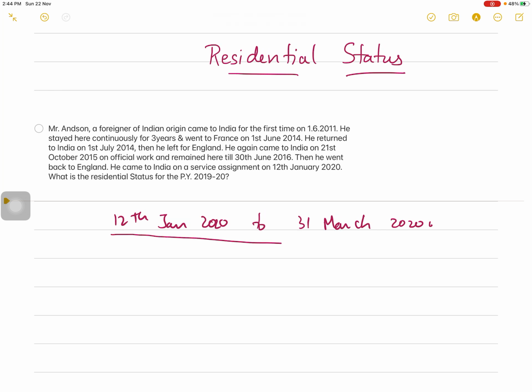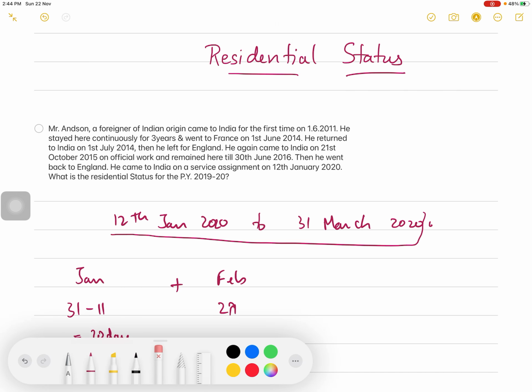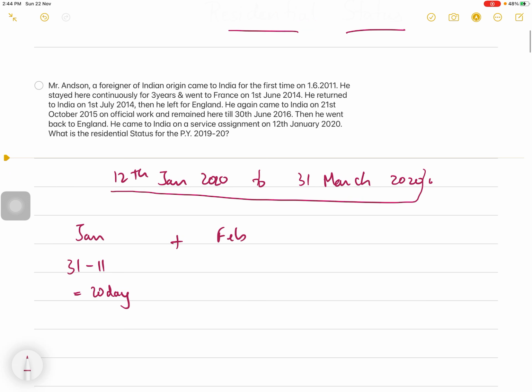Okay, so let's calculate number of days from 12th January 2020 to 31st March 2020. Now in the month of January there are 31 days. So out of 31 days till 11th January he was not there in India. So 31 minus 11, right? So that means in India he was there for 20 days in the month of January. And then February he was there for 29 days because it is a leap year, and March